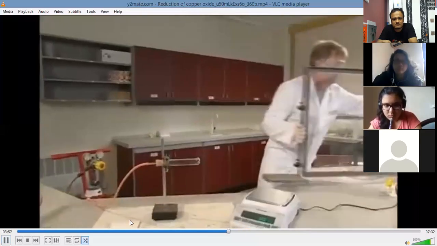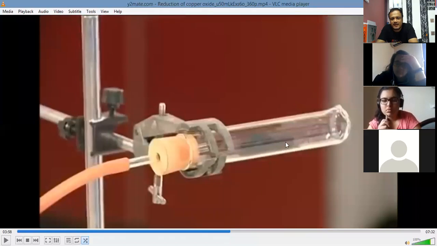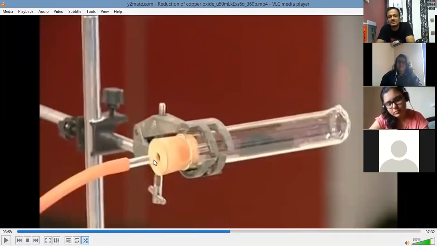Now we heat the copper. So this is a reducing tube which he has taken, and there is this black colored copper oxide kept over here. This tube has got a hole over here through which you can see a flame coming out, right? And from this tube over here, he'll be passing on ammonia gas. The video which I have got is reduction of copper oxide using hydrogen gas. You all know that hydrogen is also a good reducing agent, so I didn't find a video of ammonia, but you need to know that the process remains the same because at the end of the day it's just reduction. So the process is the same.